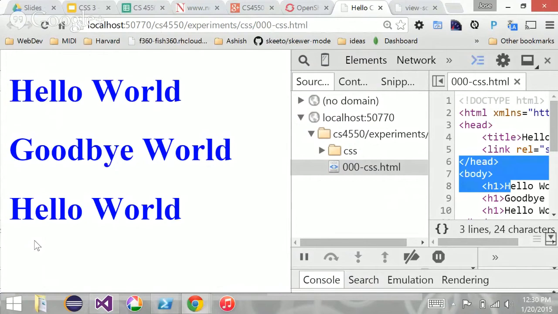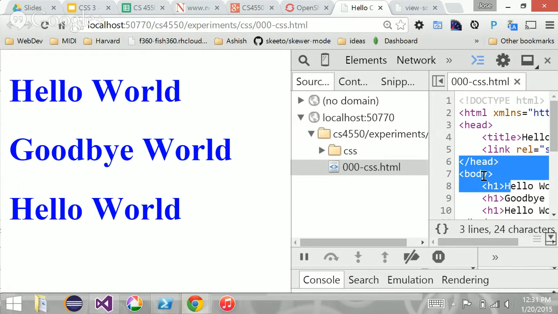Oftentimes we want total control over what the page does. Also, this is not consistent across all browsers. Some other browsers might choose a different margin. So one page might render one way in one browser, and the same page might render a little differently in another browser. It's a pain. You went through a lot of effort to make things look consistent across browsers, and nevertheless, each browser is